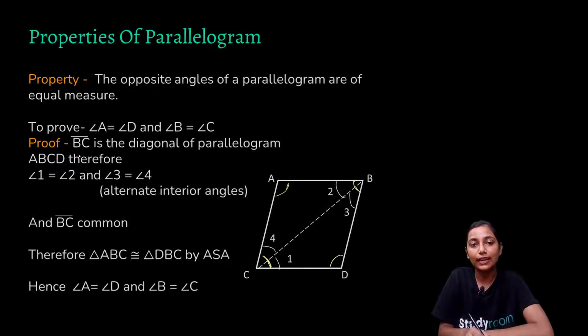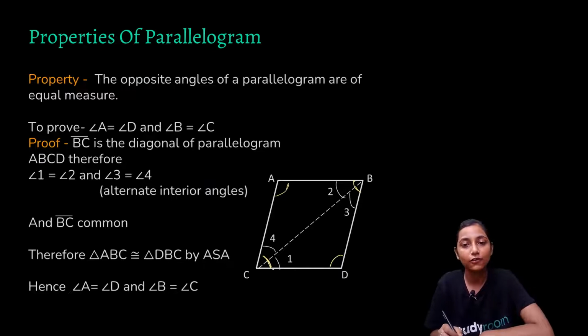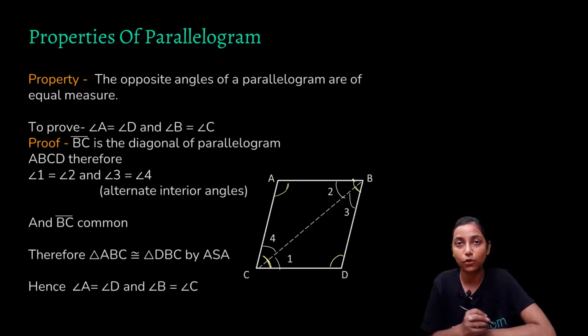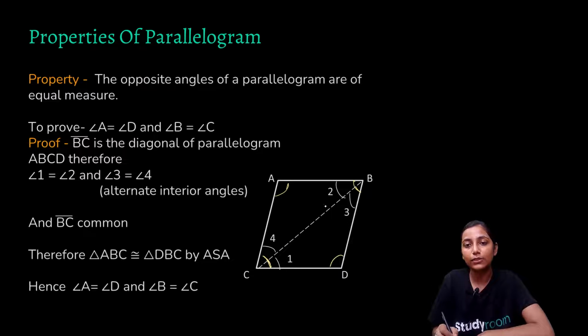So the proof is like, we know that BC is the diagonal of this parallelogram, right? BC is the diagonal of this whole parallelogram ABCD, therefore angle 1 will be equal to angle 2, angle 3 will be equal to angle 4. Just as we saw in the previous example, these two are alternate interior angles, so these will be equal. These two are alternate interior angles, so these two will be equal. And BC we have common. Therefore, we can again say that